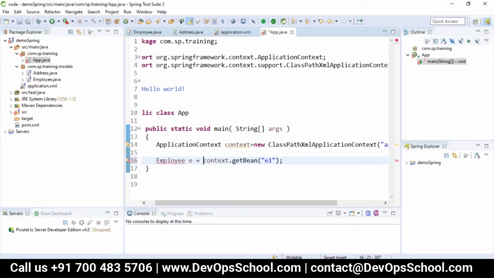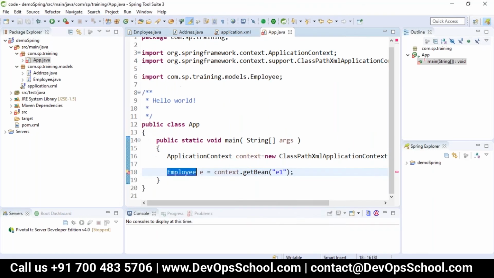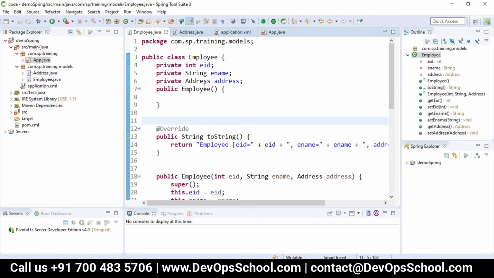Just to show you lazy loading and eager loading, in my employee constructor also I just write a print statement here.